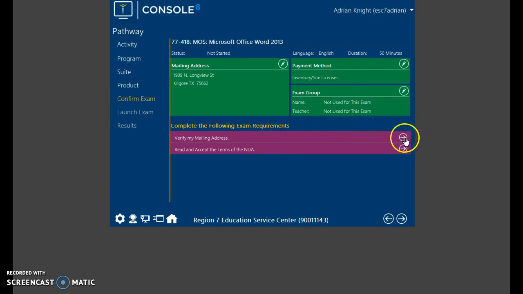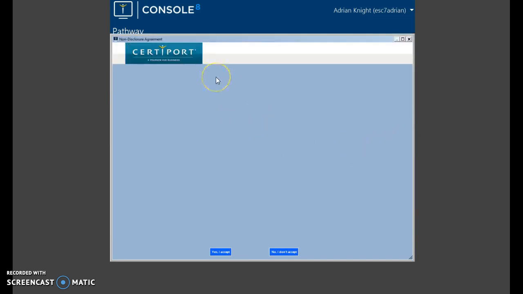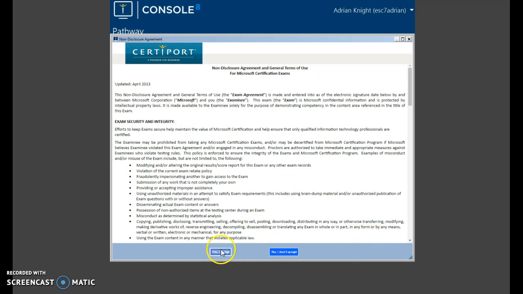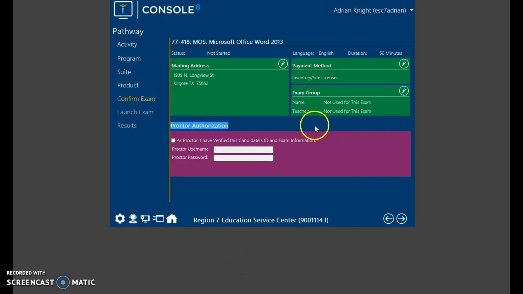So they verify the mailing address, you click on that. Read and accept the terms of the NDA. That's the non-disclosure agreement. That says they will not take pictures of the exam and post them on the internet, or share information about the exam. So they will need to click on yes, I accept, and then the test proctor, whoever is in the room,